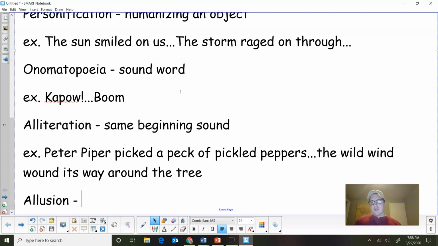We're going to pause it. You're going to be able to look through your notes, and the only way to get good at these is to practice, all right? Practice, practice, practice until not only do you understand them, but now you're using them in your writing. You're using similes. You're using onomatopoeia, alliteration. You're using allusion, which brings us to our next one. An allusion is a reference